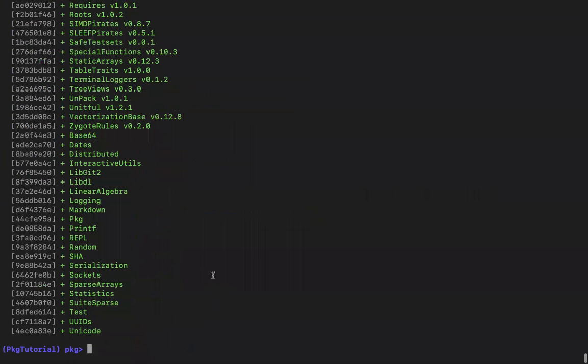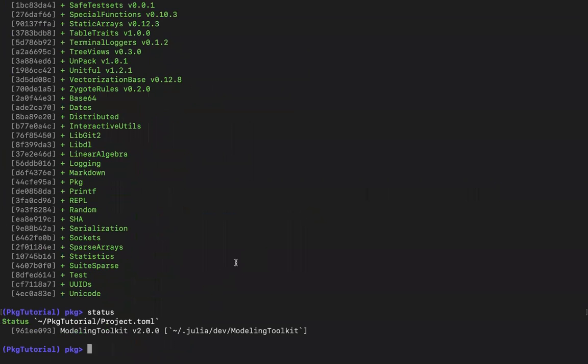If you check the status now, you'll see that it not only specifies the version you are using, but also the path. Why is that so? It is because now you have done dev ModelingToolkit. It means that you want to make some changes, so the version specifier is not enough. You also need a path to specify where you are working.